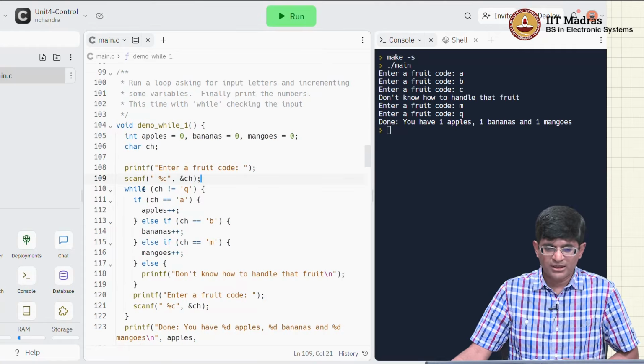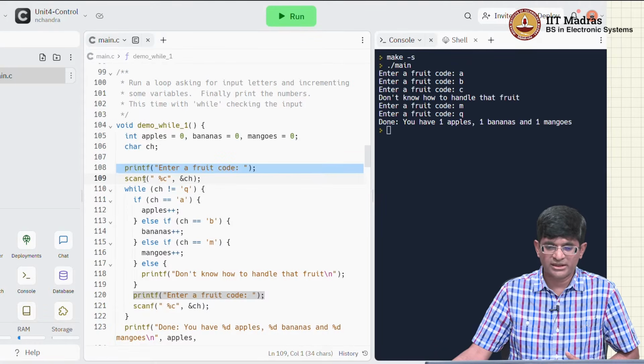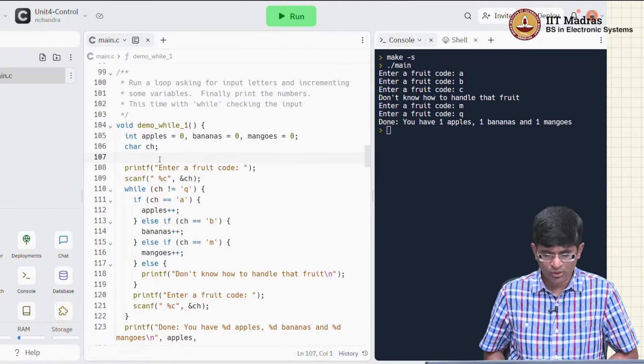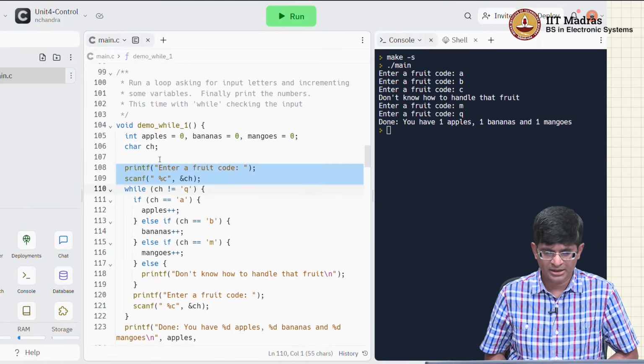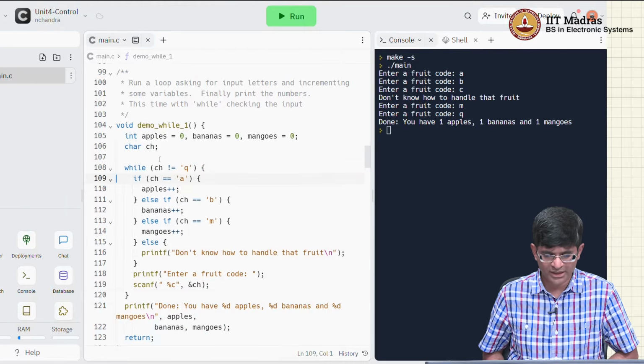So as you can imagine, the while loop looks a little bit complicated. I ended up having to first print this, scan this and so on. And the question that arises is, is there another way that I could do it? Possibly yes. I could maybe do this, get rid of that initial part,